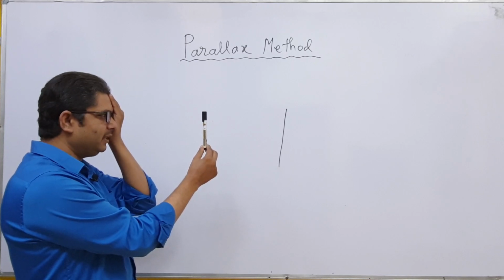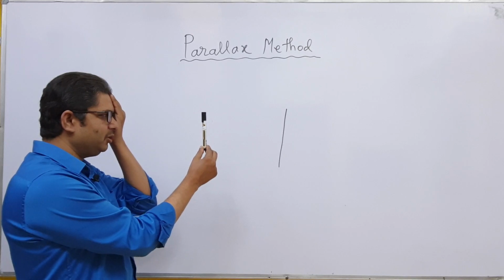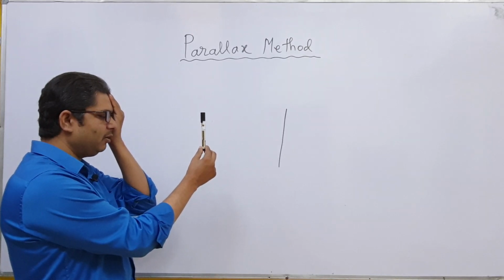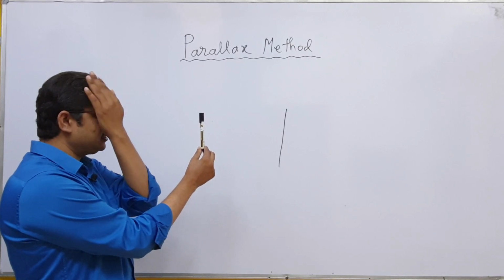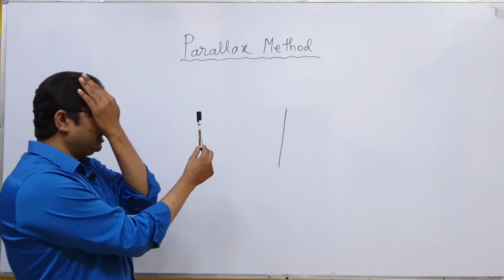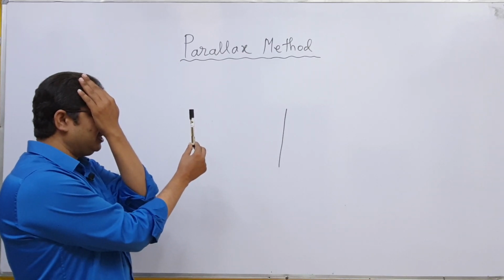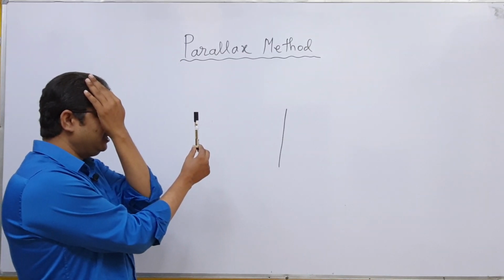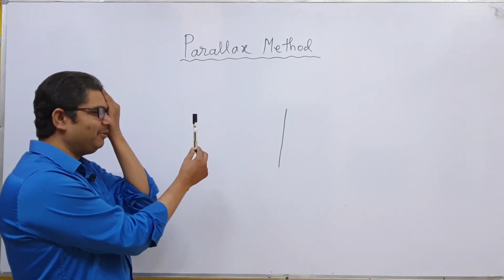Now after that, change your observation point, change your eye only: move your left hand away from your left eye and move to the right side. You see that the line will be visible again. Now again move this marker slightly and hide the line. After that, again change your hand. Again you see that the line will be visible.